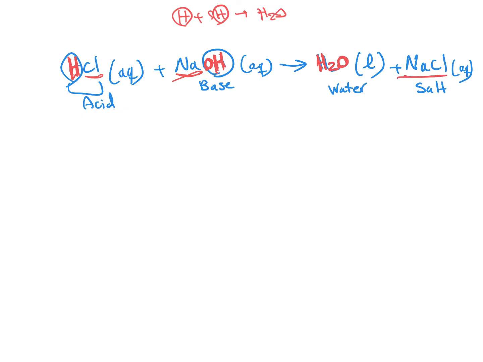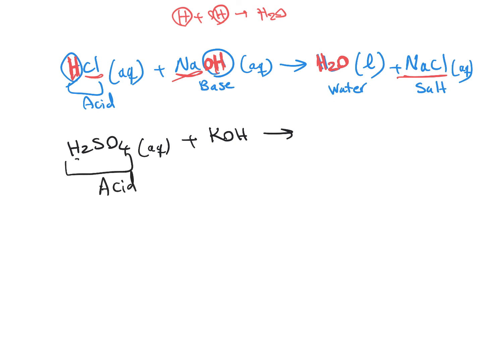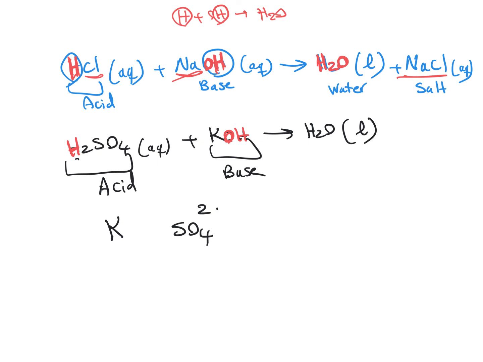Now let's do some examples. For instance, if you have H2SO4 aqueous plus KOH, what does it give? You see here you have an acid because you have hydrogen, and here you have a base because you have OH. So you get H2O liquid, water, and an ionic compound that has K and SO4. SO4 has a charge of -2 and K has a charge of +1, so the compound would be K2SO4